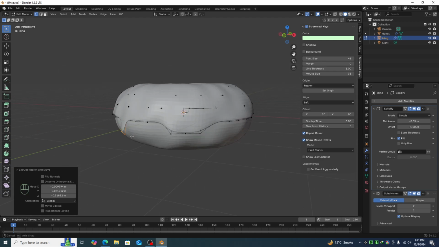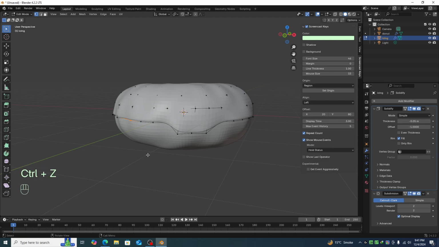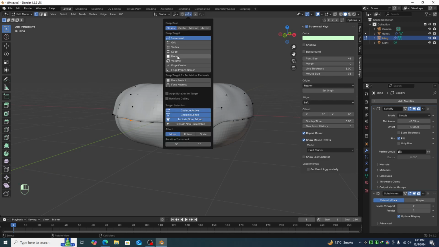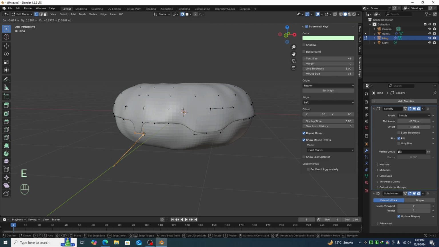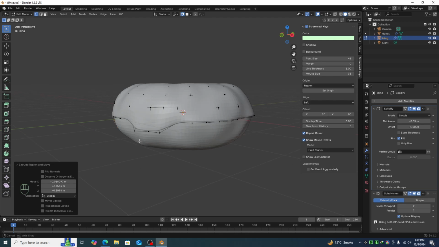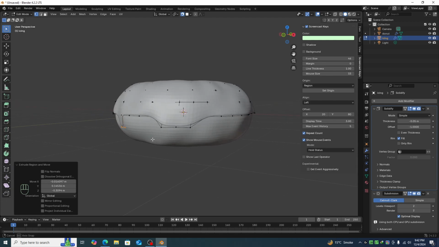We want it to drop and slide by the donut wall, so hit Control Z and then click on this magnet. Yes, we will select faces, align rotation to target and backface culling. So now click on the magnet too before pressing E to extrude. Now click extrude and you can see it's going downside, sliding by with respect to the donut